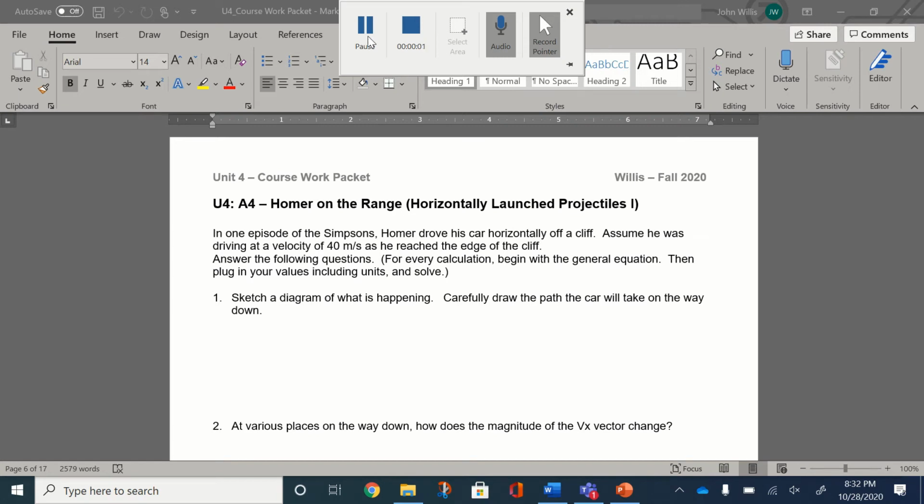Alright, so this is meant to be a walkthrough of what we did today in class on October 28th, and what I will be doing on October 29th with the B schedule students. So for those of you stuck at home, the first half of this was meant to be a refresher for horizontally launched projectiles, and a brief overview of what the rest of the week will hold, and